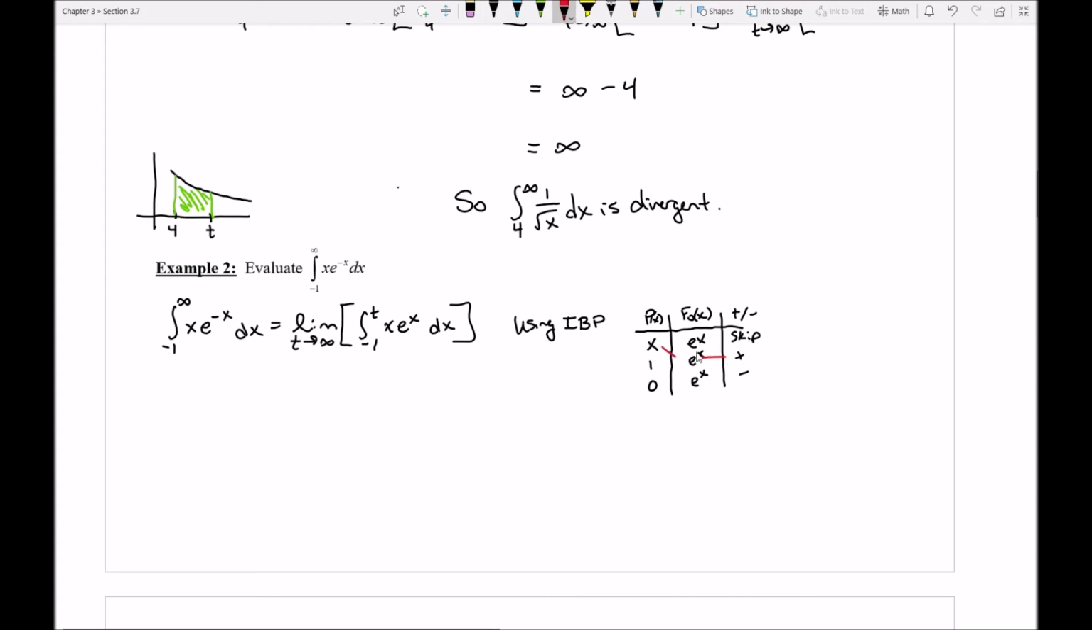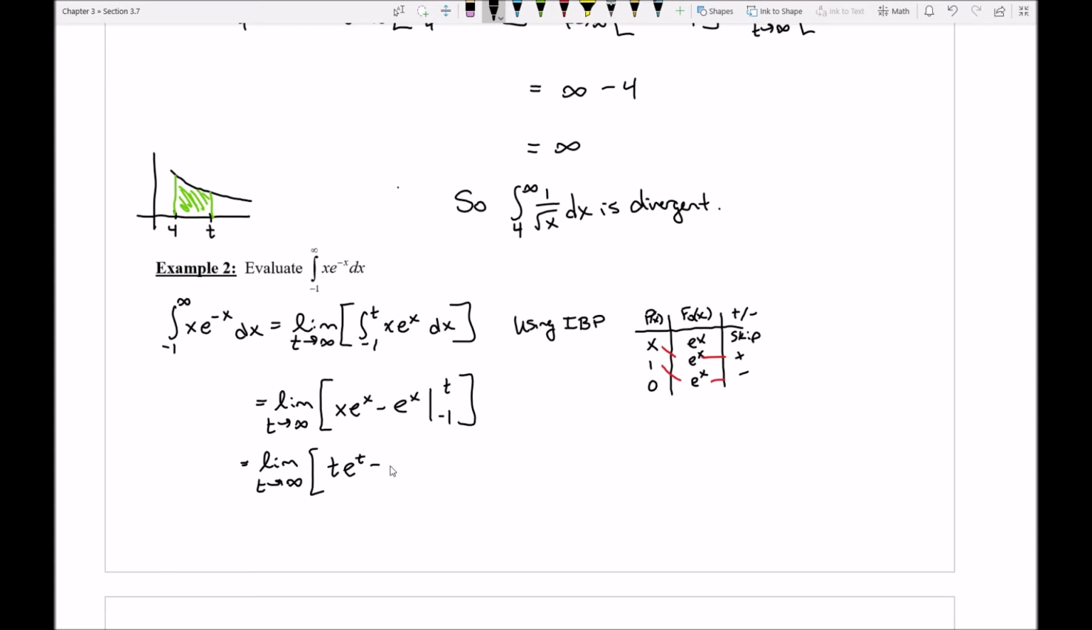I'm going to have a positive x times e to the x minus an e to the x. There's my antiderivative. So I'm going to have a limit as t approaches infinity of x e to the x minus e to the x evaluated from -1 to t. Okay, so I'm going to have a limit as t approaches infinity, t e to the t